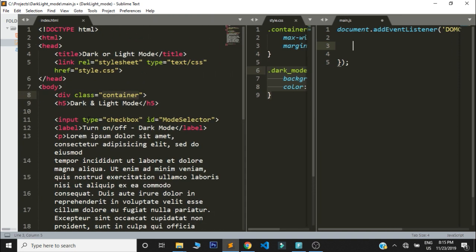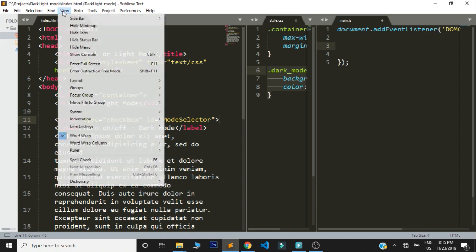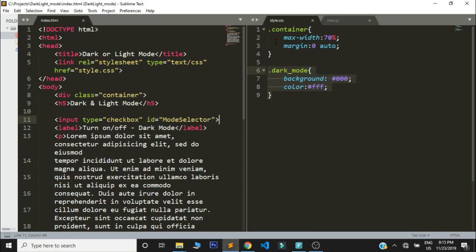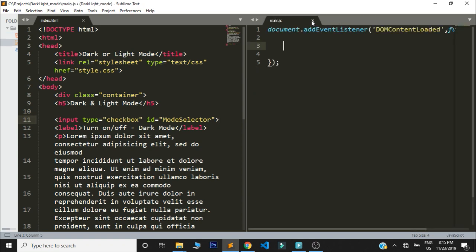So we need to access this input element that we created, and to do that, let me first make this two columns. Remove the style, we don't need it right now. So we need to access this checkbox element, and to do that we are going to create a variable, and we say modeSwitch,